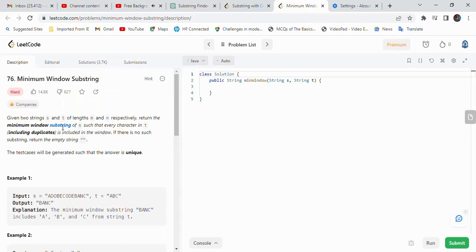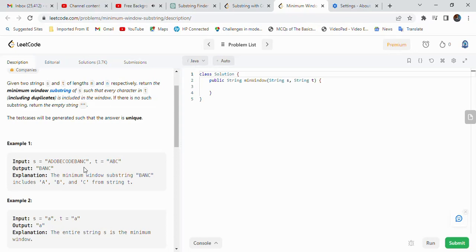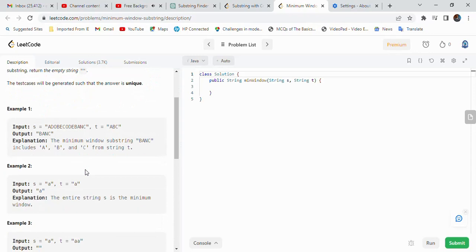We have two strings. We have string s, then we have string t. So we want to get substrings, the minimum window substring of s such that every character in t is included in the substring of s. So when we get the substring, it is b, a, n, c. This is where we find that all the substrings